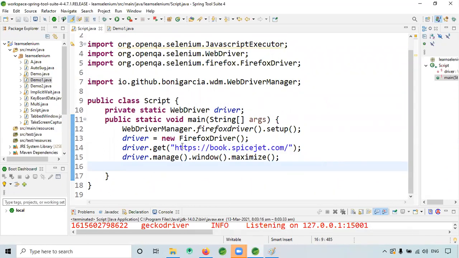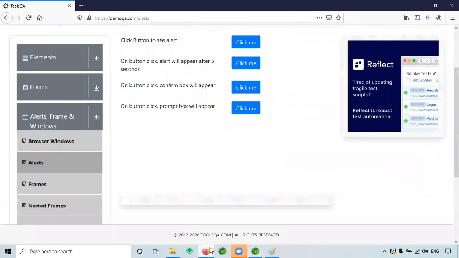Here I will replace this URL. I have to go to this button, right? So I need to find the XPath.